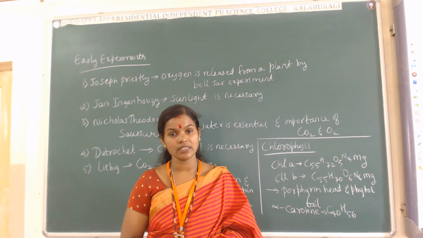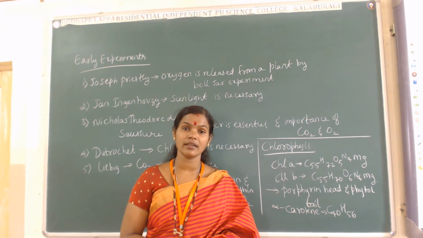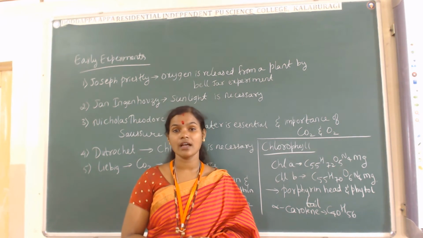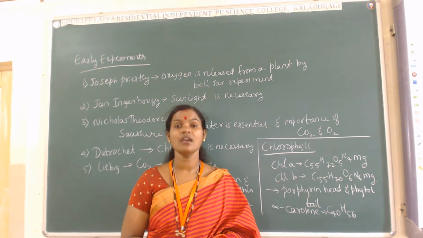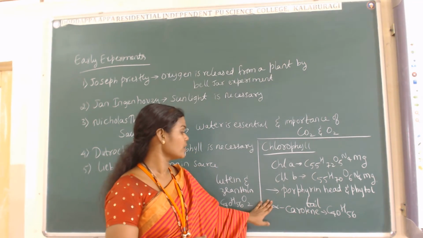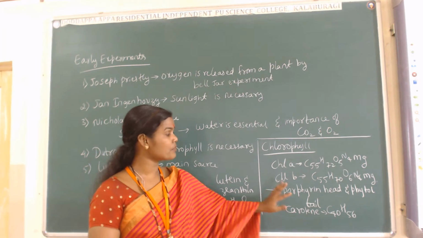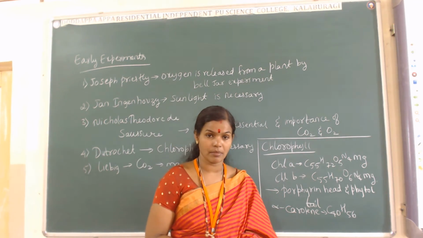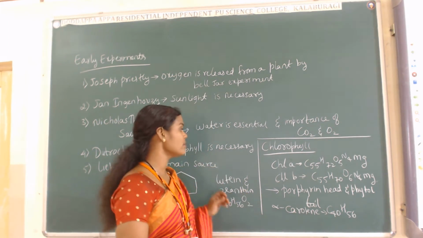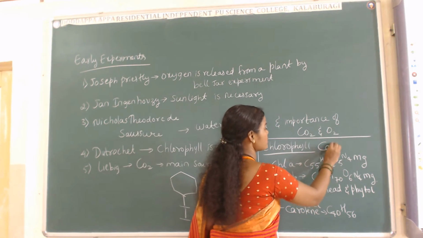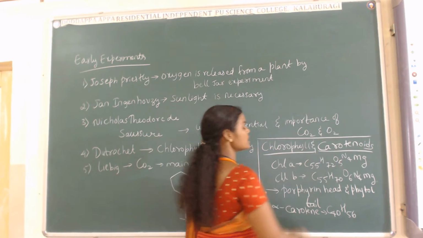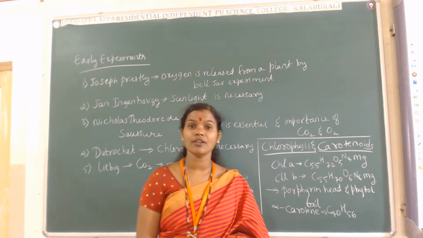So since the chlorophyll pigments are present inside the bacteria, we are calling those bacteriochlorophyll. So there are 5 types of bacteriochlorophyll we are going to see: bacteriochlorophyll A, B, C, D and E. And also, apart from the green color pigment, there is also a presence of colored pigments, and those colored pigments are called as what? Carotenoids. Colored pigments are called carotenoids.